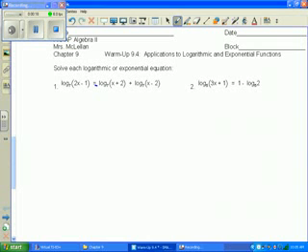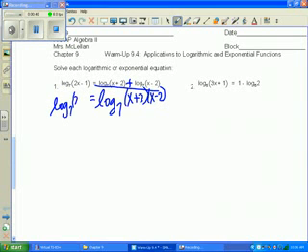Because you have two logs on this one side, you have to condense them into a single log. To condense those, we know that since they are adding, the inside terms will multiply. So we've got log base 7 of x plus 2 times x minus 2, equaling log base 7 of 2x minus 1. Now that I have a single log on both sides and they're the same, I can raise them to the power and get rid of the log base 7. So that leaves me with